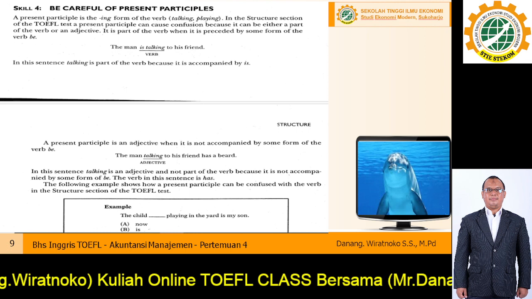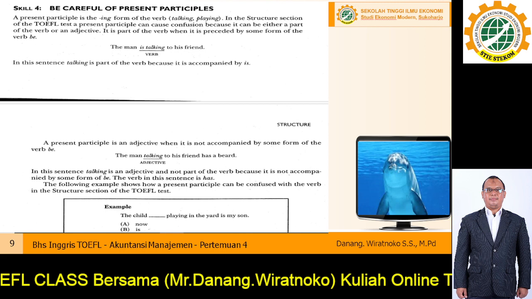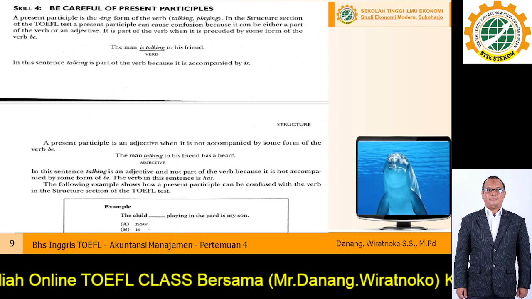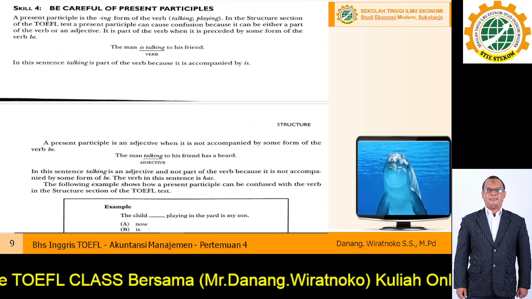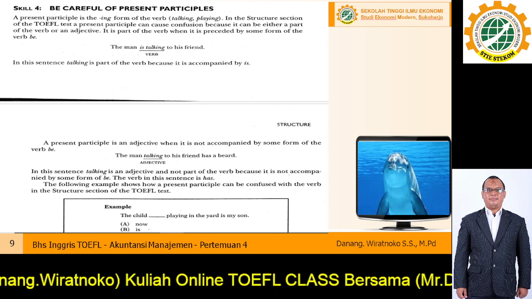In this sentence talking is part of the verb because it's accompanied by is. And then the bottom one, ini kenapa bukan apa? Bukan verb. A present participle is an adjective when it is not accompanied by some form of the verb be. Ya, the man talking. Talking adalah adjective. In this sentence, talking is an adjective and not part of the verb because it is not accompanied by some form of be. The verb in this sentence, it has